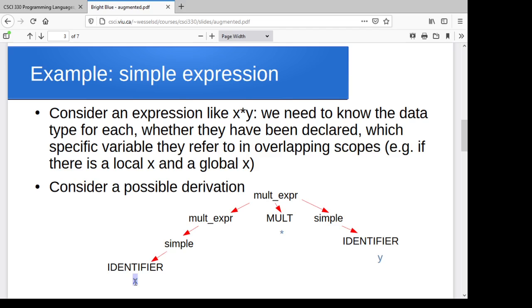x. Maybe it's an int. So I can say, okay, I've got an int on this side. And over here, maybe y is a float, for instance, and say, okay, well, now that I've figured out it's y, I look it up in my table or whatever and figure out, okay, y is a float. It's a float. So at this point now, I can figure out that I've got an int multiplied by a